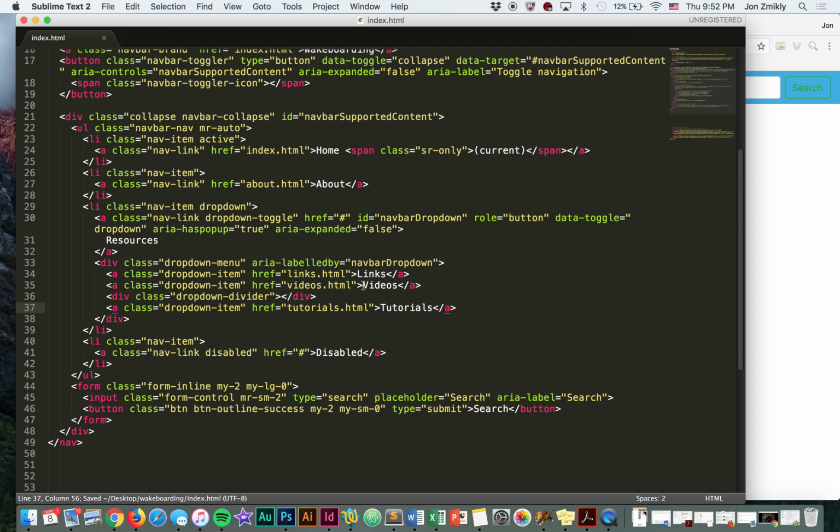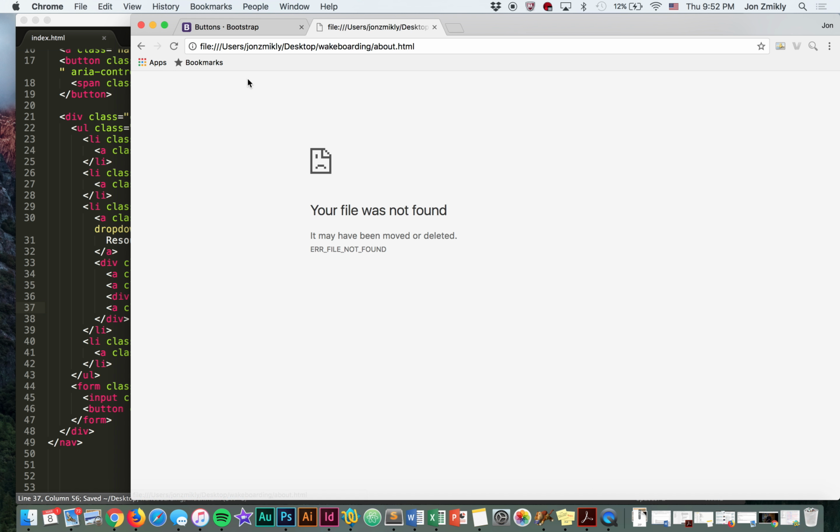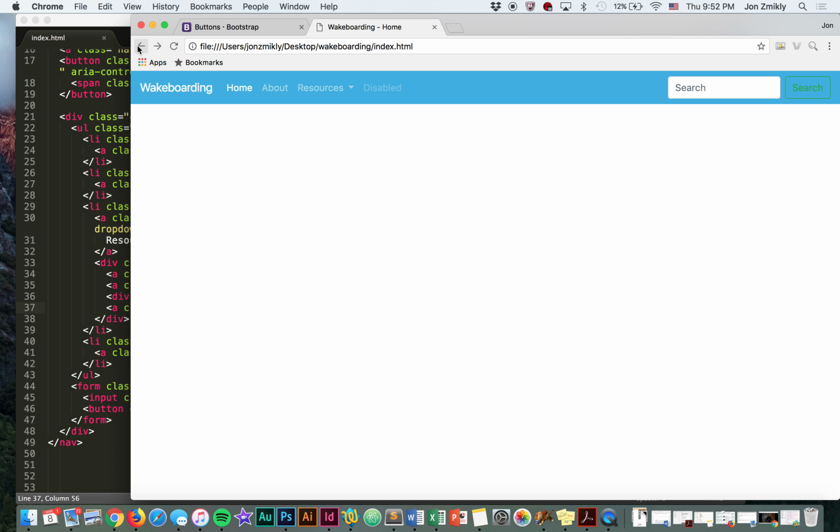Okay, and so now when I save it and refresh, you'll see that the about changed. Obviously when I click there, it doesn't go anywhere because I haven't made the page yet. When I click resources, now I have links, videos, and tutorials. And you can see down here in the taskbar at the bottom, you'll see that the file names will be correct